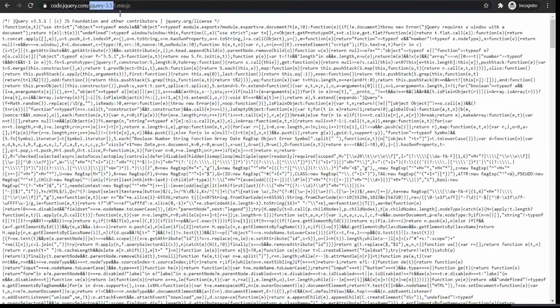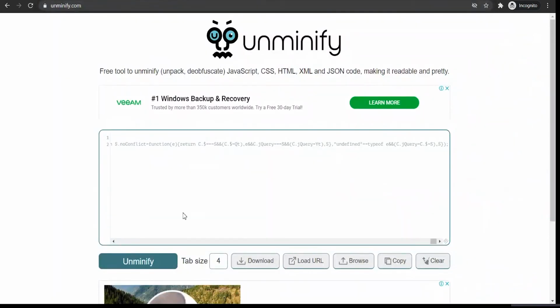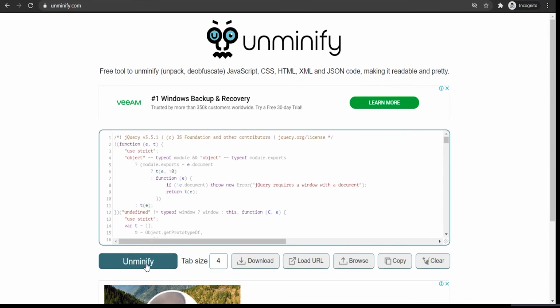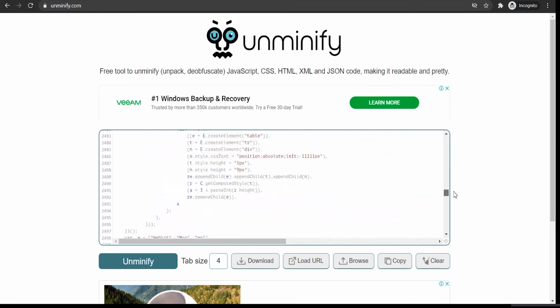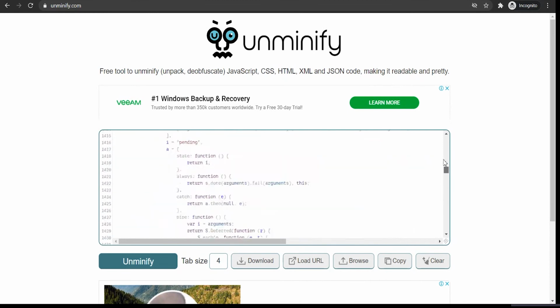We can also see it in the address bar, jQuery 3.5.1, and this is min.js. I'll copy it, go to our website, unminify.com, and paste it here. I pressed unminify. See, we have got the complete jQuery minified JS converted to unminified version.